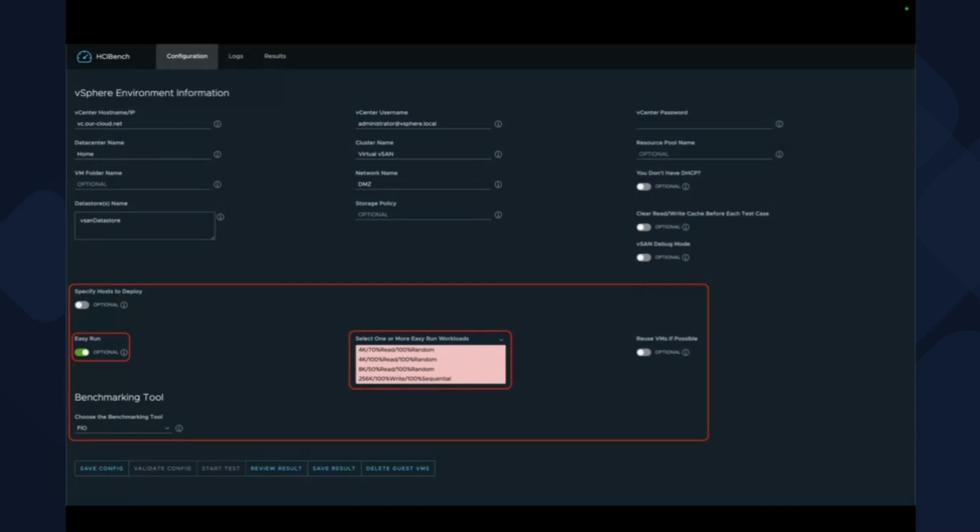I want to go back to the configuration portion because there's a couple different ways that you can tell HCIBench to actually perform I/O tests. Right here, we have the Easy Run option, the toggle selected. So what it's going to do is it's going to dynamically choose the amount of VMs, the resources they have, and the number of VMs that it actually creates as the workers, depending on the amount of nodes. There's 4 default workload profiles there. You see various block sizes, 4K, 8K, and 256K, and a variance of